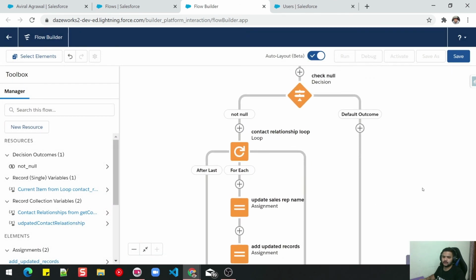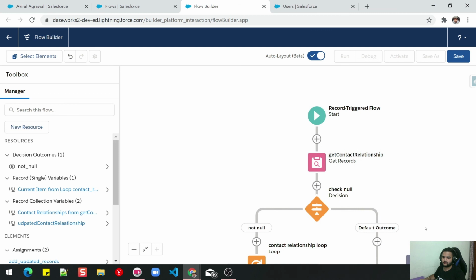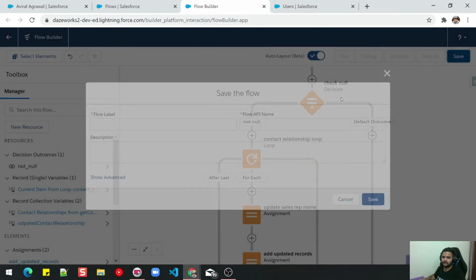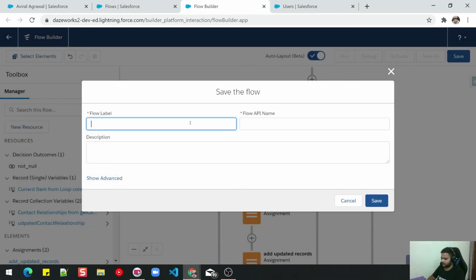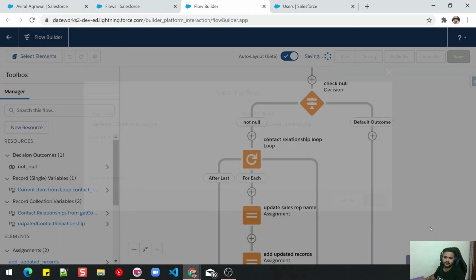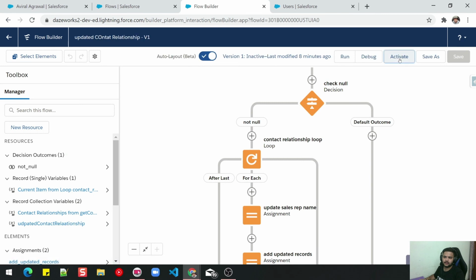So this will cover all the things that I wanted to do, and I'll hit save and put some name, updated contact relationship, right? Let's hit save, and I'll activate it.